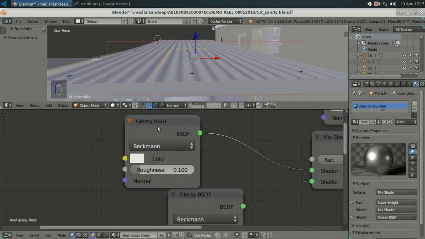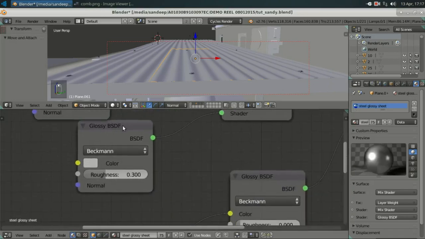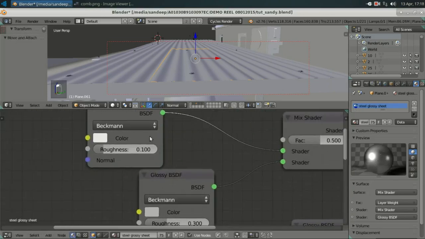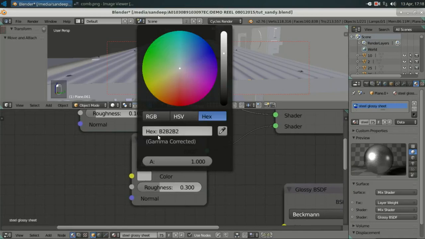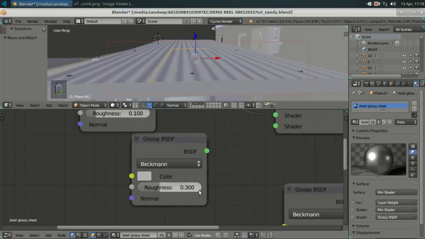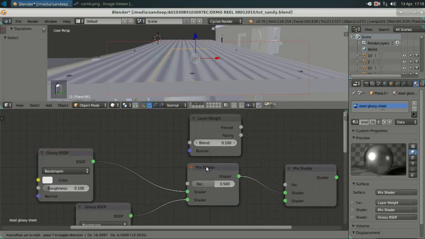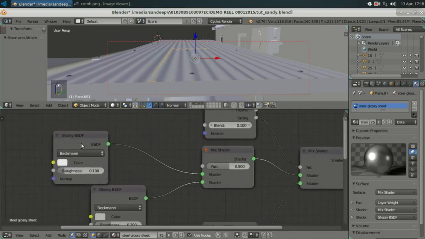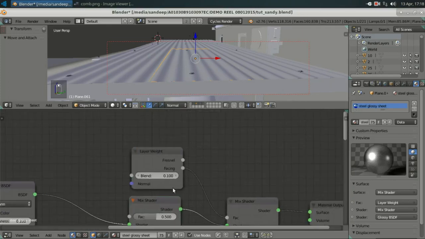First add glossy BSDF, change the GGX to Beckmann, roughness 0.10, then again duplicate this glossy, change Beckmann, and color just light gray, B2, change the roughness 0.300, add the mix shader and add 2 glossy and mix shader node, then add